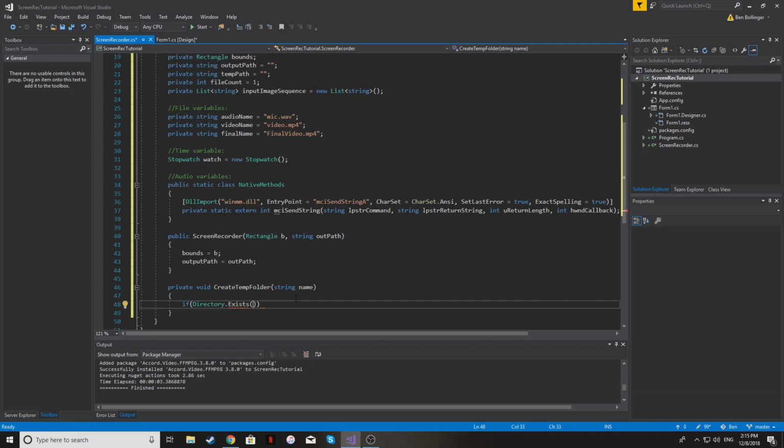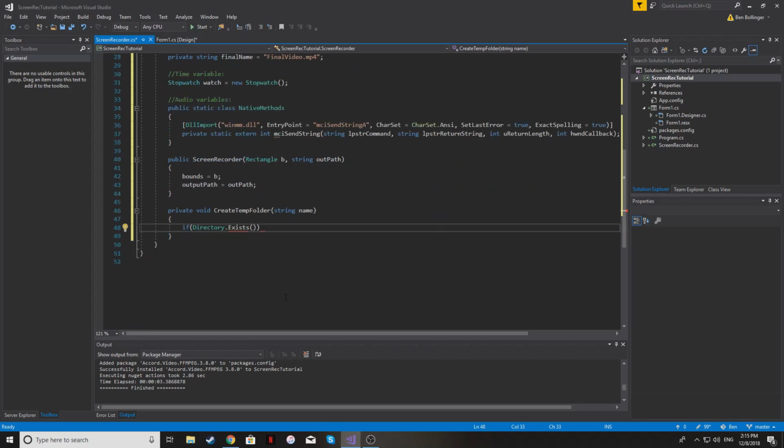What this is doing actually is checking to see if the user has a certain directory. In my case, on my computer, I have a D drive and a C drive. So this is just going to be checking whether or not the user has a D drive or C drive, because usually if people have D drives, that's where they like to keep all their massive data. At least that's the case for me. And so this is where I'm going to be storing it. So if the D drive directory exists, then what we're going to do is